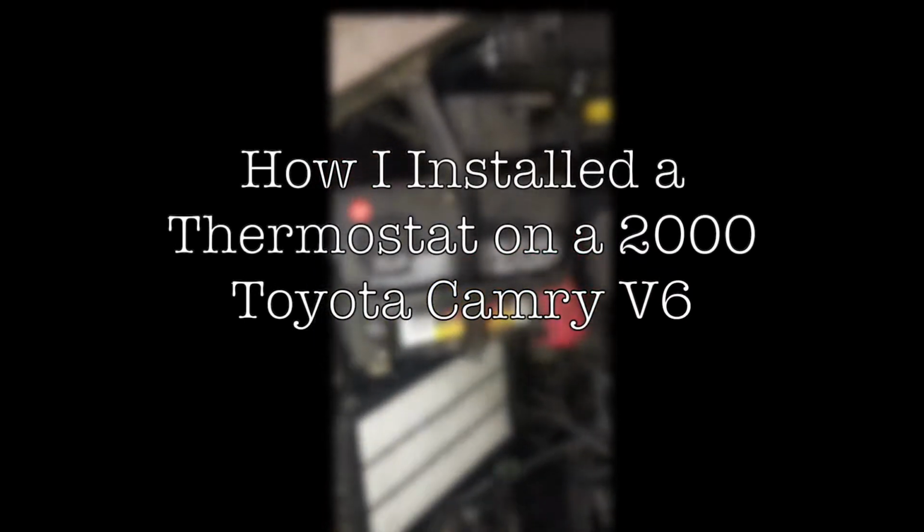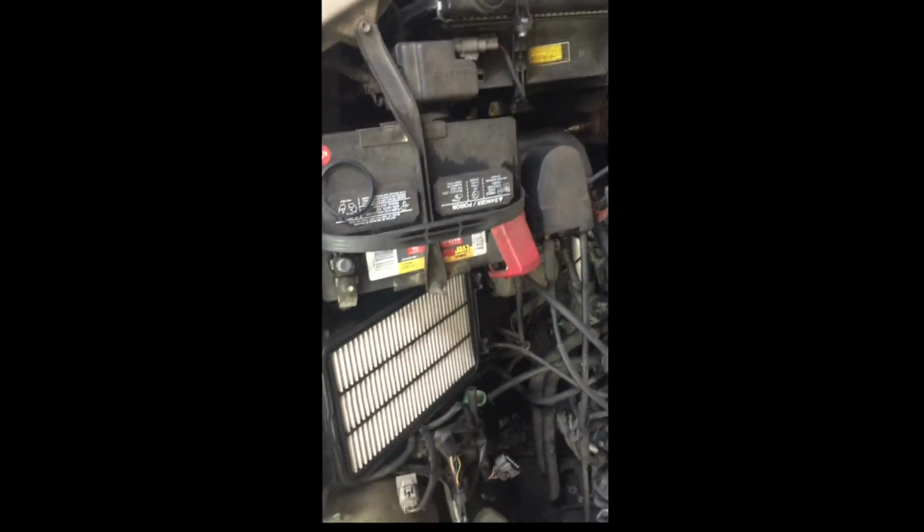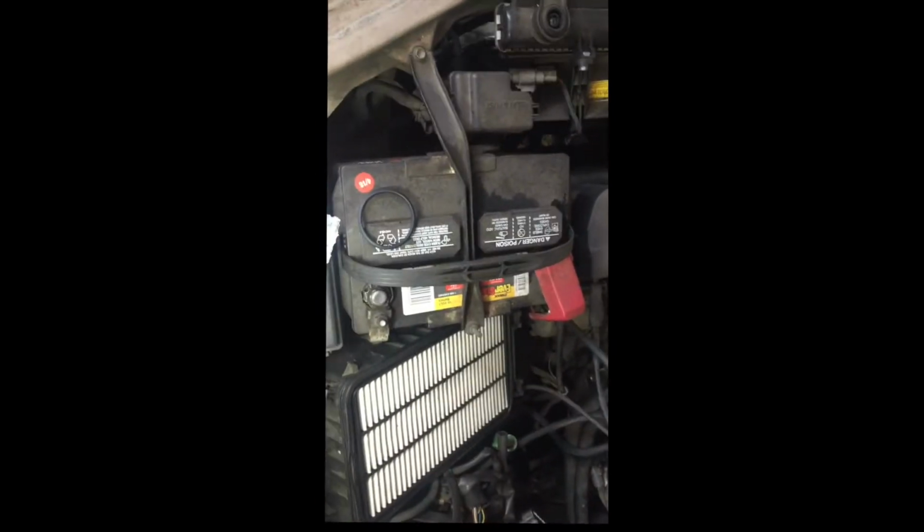Hello, today I'm replacing a thermostat on a 2000 Toyota Camry V6. I am getting the OEM one from Toyota, and the gasket. What you're gonna want to do first is remove the intake cover box. Remove all that. I am not draining the radiator because